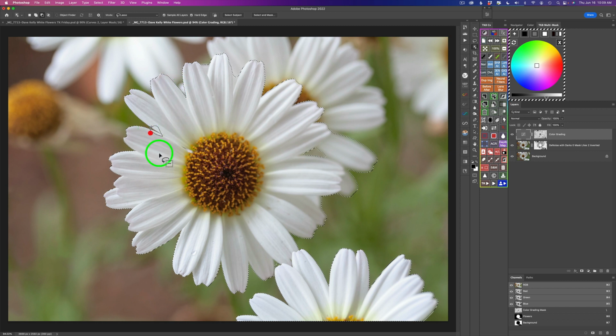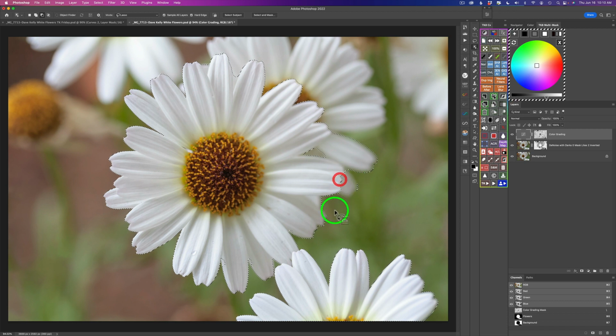Any little areas like that, we can subtract it out. And if it messes up, hold your Shift key down and just fill that area back in just like that. But again, Option or Alt will subtract these little areas out like this. I'll go ahead and finish this up, but just go around and grab all these little areas. It's really quick, like right in here. We can fix that right up and